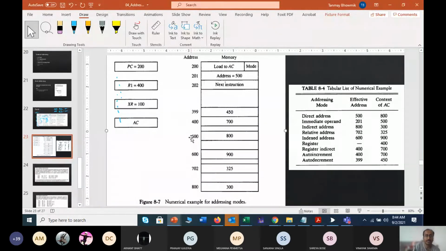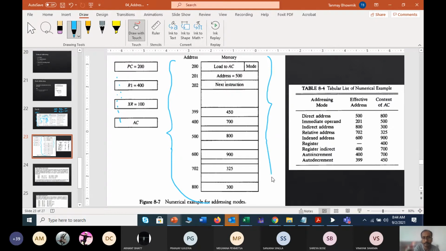So now our problem is that you have one two-word instruction. Where is the instruction first? Can anyone identify from this table where you can find your instruction, in this table only? You can see that this is the table where specific addresses have been written. These are the addresses. Addresses means the locations I was talking about the previous time.